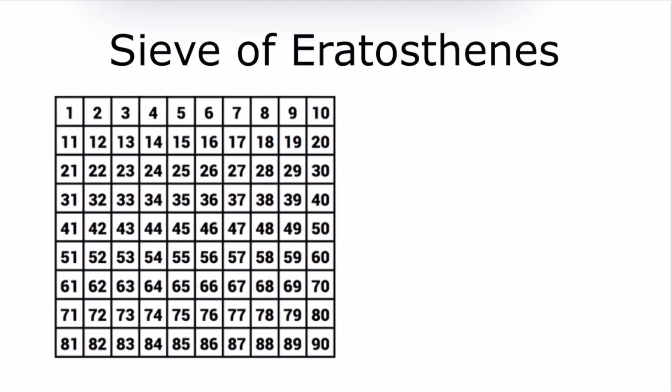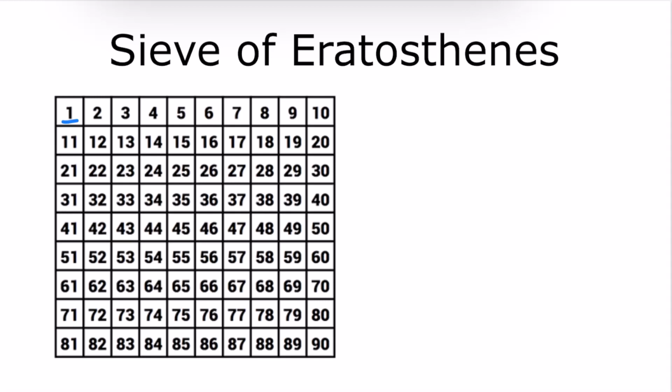So one of the ways that we can find a list of prime numbers is to use a process called the sieve of Eratosthenes. I think that's how you say it, but I also don't speak Greek. So basically the way that this process works is you identify prime numbers and then you look for the multiples of those prime numbers. So to start off with this process, we'll look at the smallest number, which is the